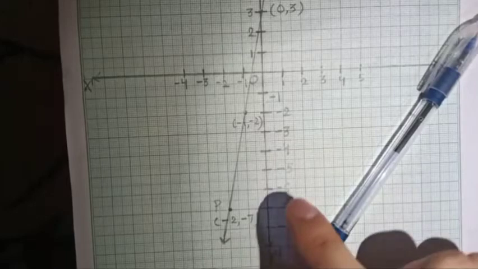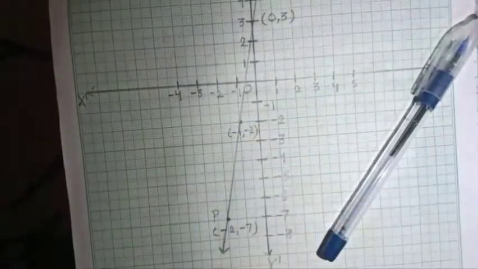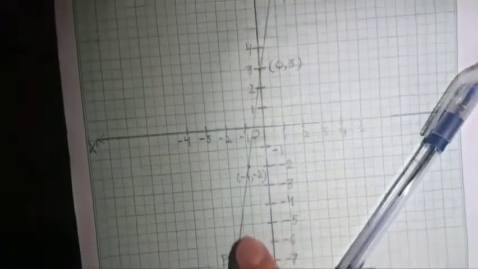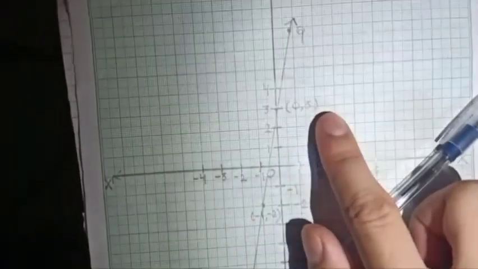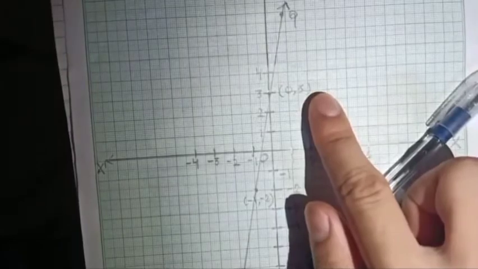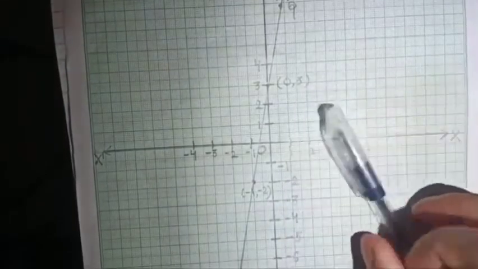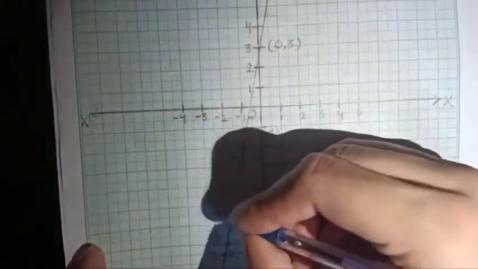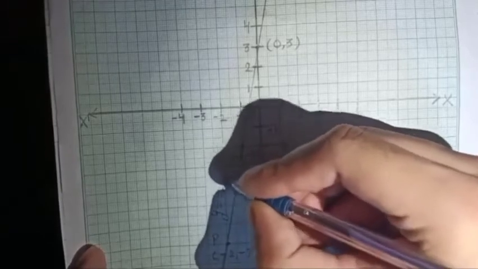Okay, so in this way all these points are plotted, and the line joining all these points will be a straight line, as it is a linear equation. So we will find a straight line over here, and this will represent the equation y = 5x + 3. So here we can write on the straight line, the equation of the graph is y = 5x + 3.